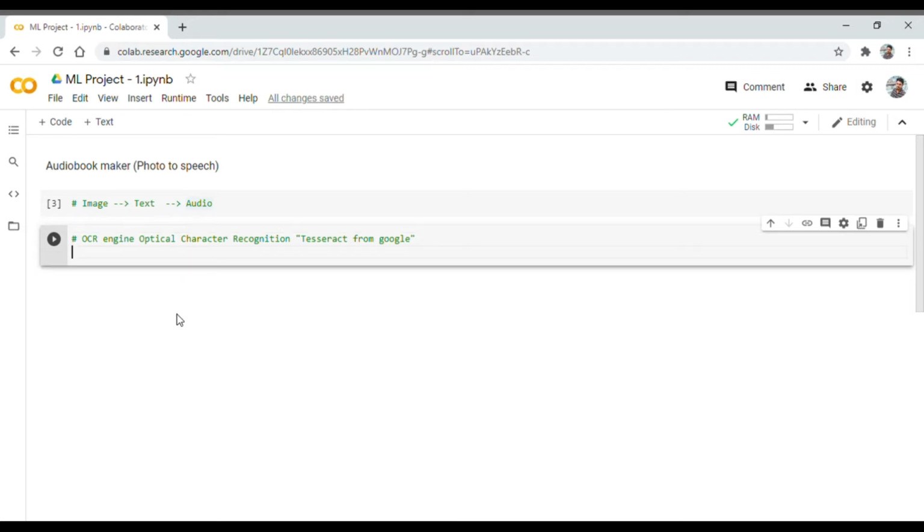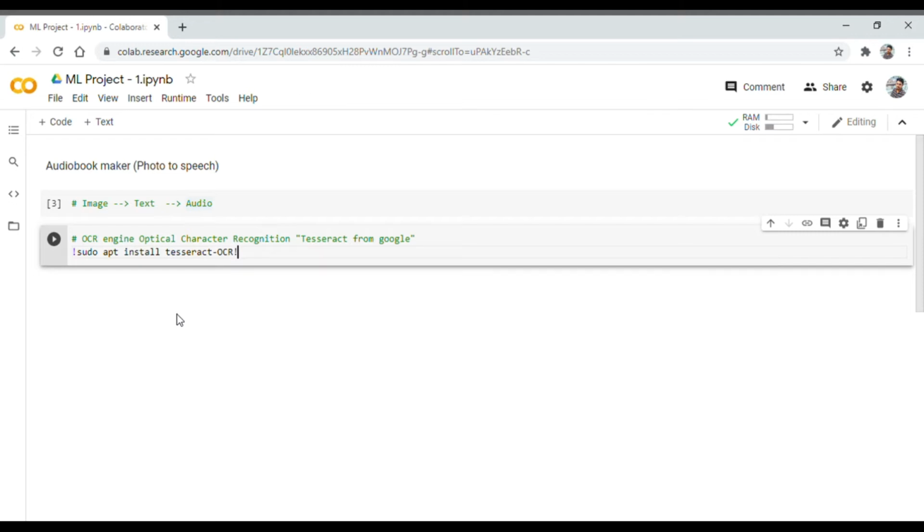First of all, we will be installing it over the cloud in Colab itself. We have to use sudo apt install tesseract-ocr. This will install the Tesseract OCR engine in the cloud.